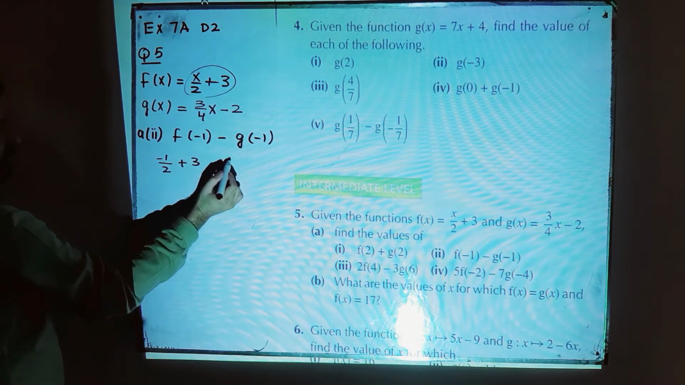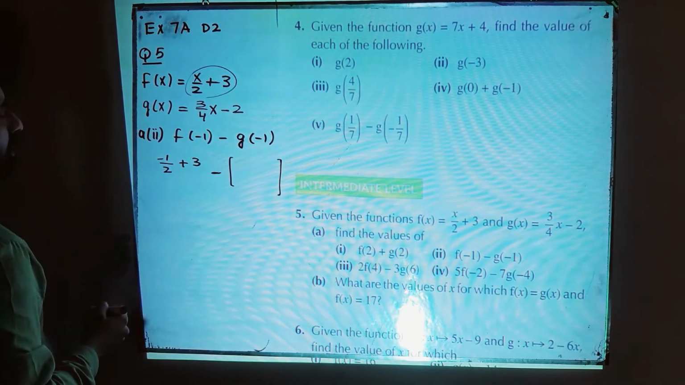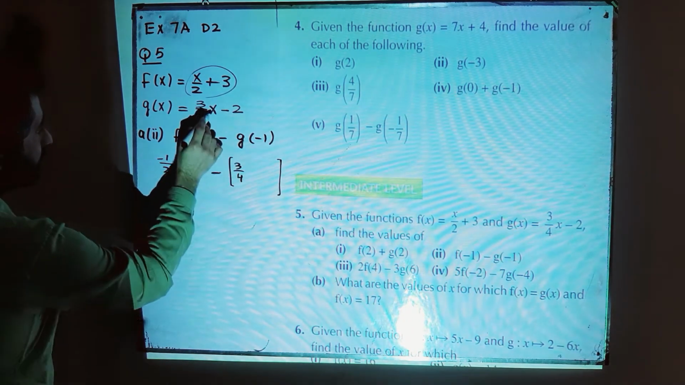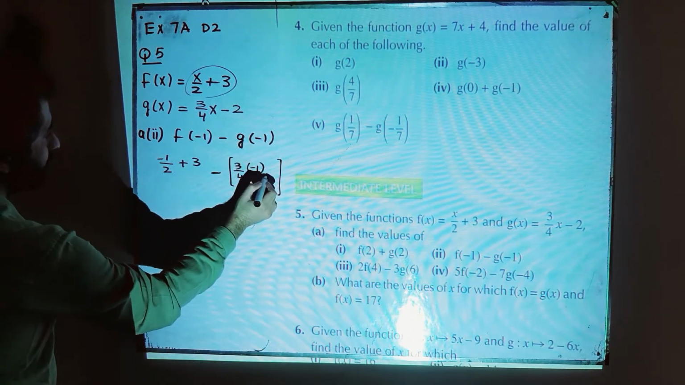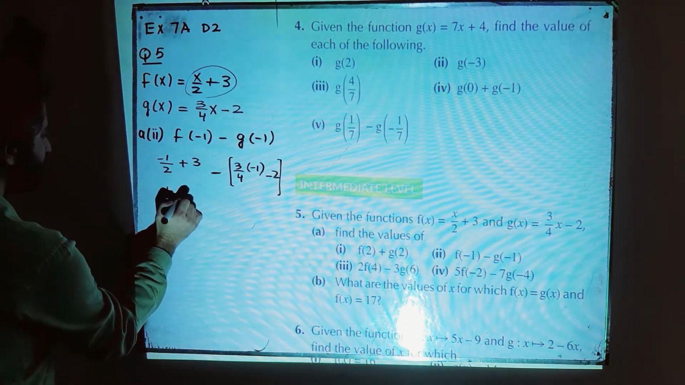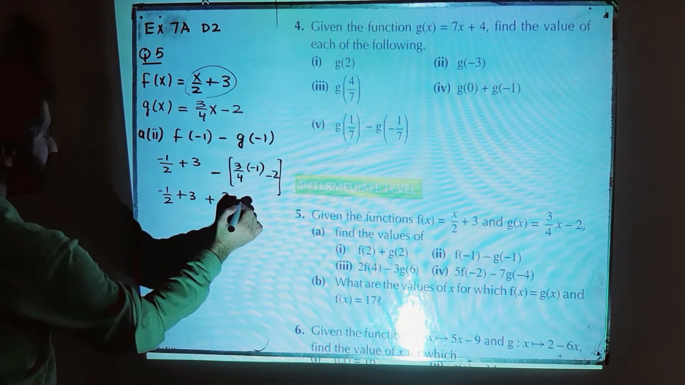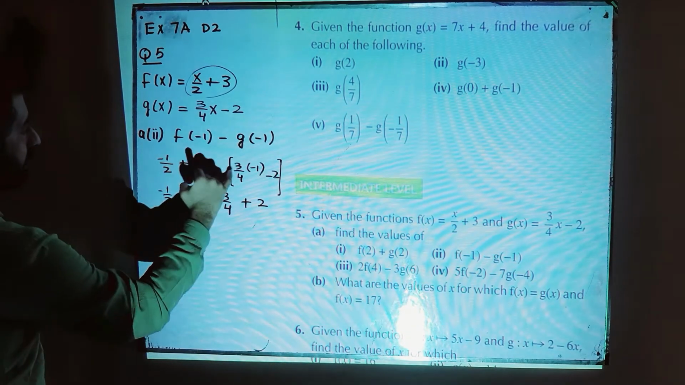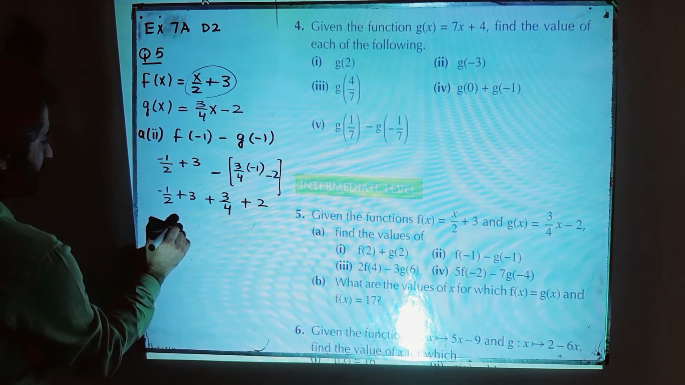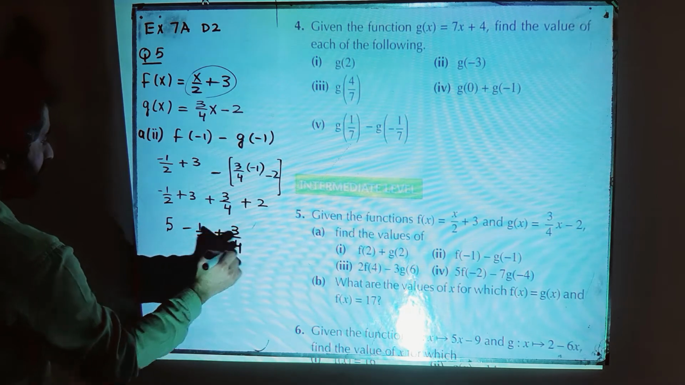Insert this negative sign. It's better to use a bracket over here to have the value of g(-1). So g is 3 by 4, and in place of x, use minus 1 minus 2. So that is minus 1 by 2 plus 3, plus 3 by 4 plus 2. Minus minus is plus, minus minus is plus. So 3 plus 2 is 5, minus 1 by 2 plus 3 by 4,